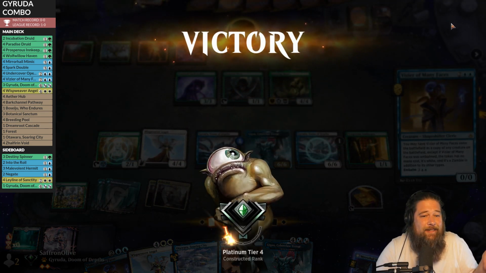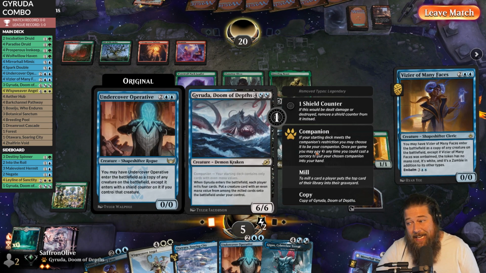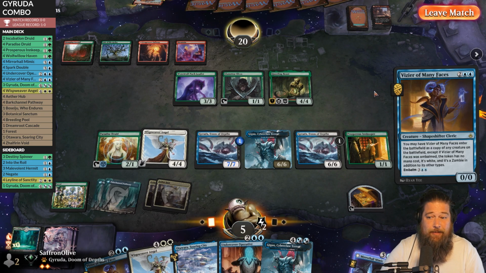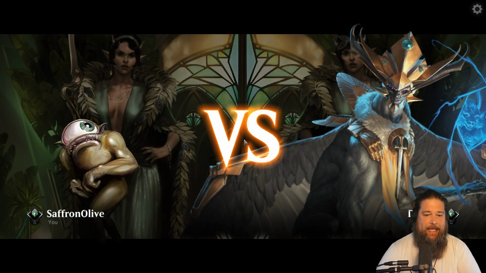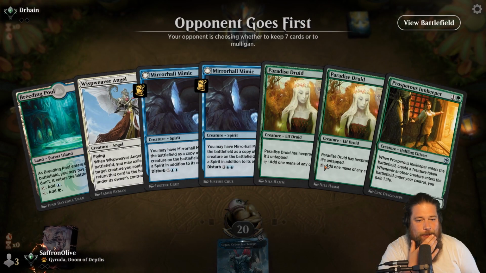Life was good when our opponent was attacking with questing bees, but then the Demon Kraken came to play and opponent's done with, I guess. Much brew about nothing time. We are janking people out with Gyruda combo